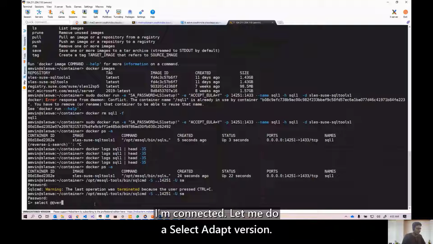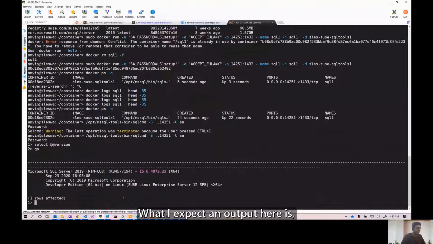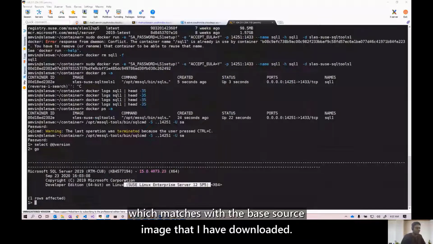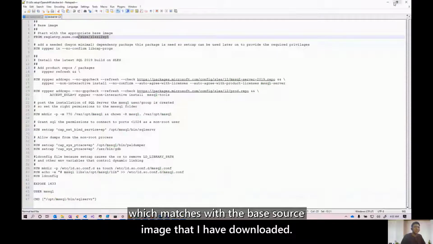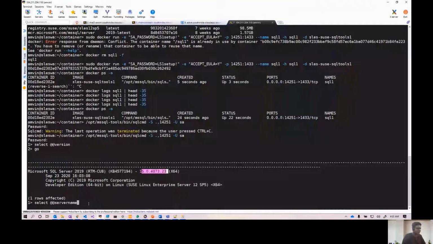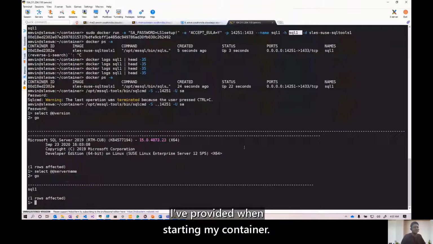Let me do select @@version. Go. Remember, when I started my container, I've used -h SQL1. So what I expect as output here for the version is SUSE Linux Enterprise Server 12 SP5, which matches with the base OS image that I have downloaded. And I've downloaded the latest SQL Server, which is CU8. And when I do a select @@servername,